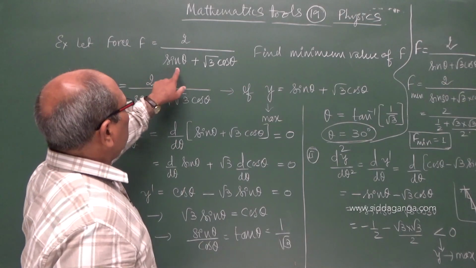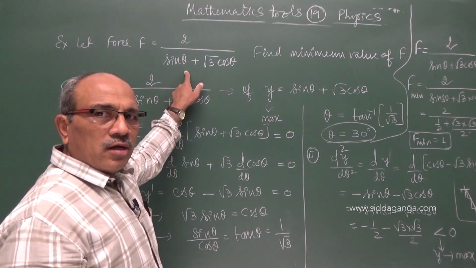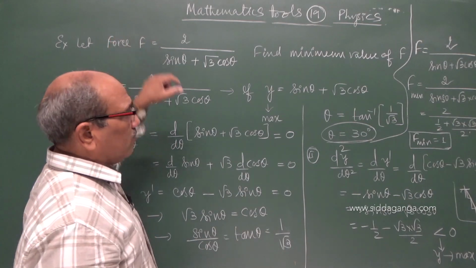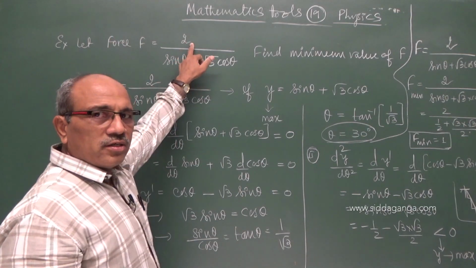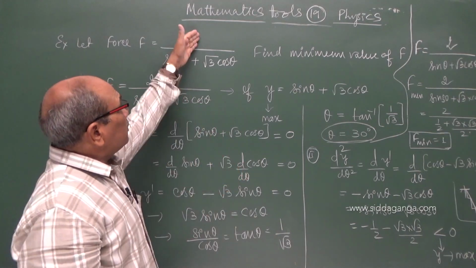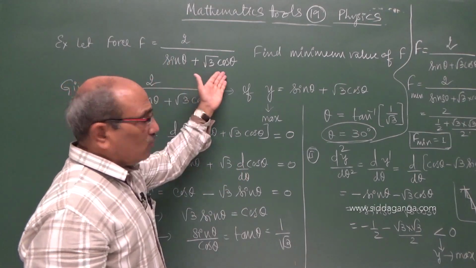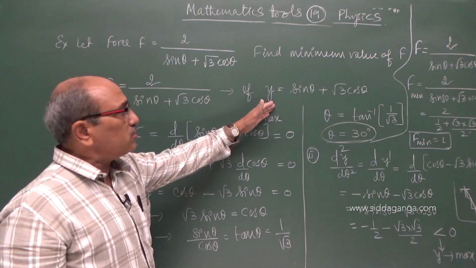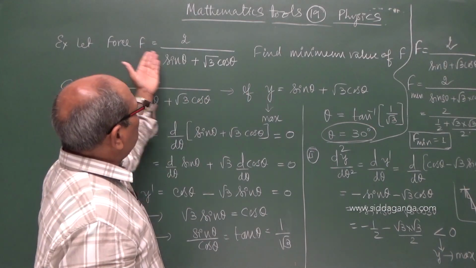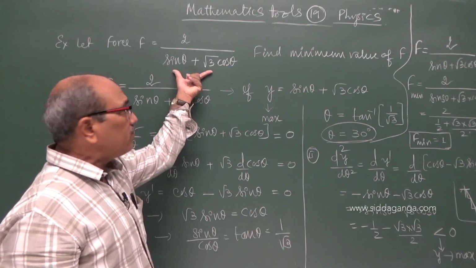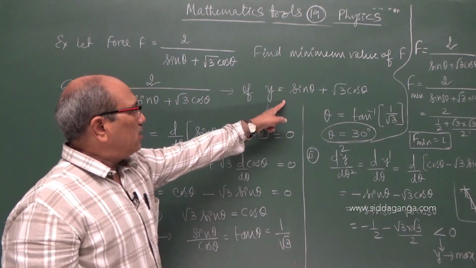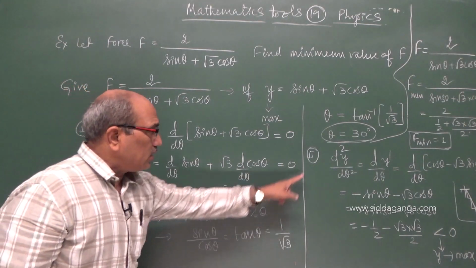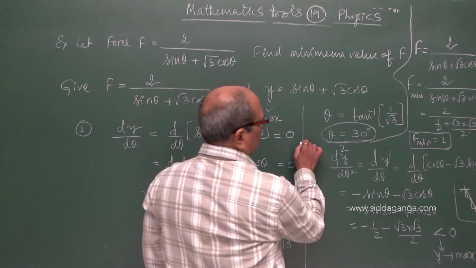I hope you followed. I have taken one equation and our aim is to show what is the minimum value of f. As the numerator is constant, I made it a simple division rule. Instead I used the sum rule, the u plus v rule, to find the derivative of that function. For f to be minimum, the denominator should become maxima. I took that only and we found that value and we got theta equal to